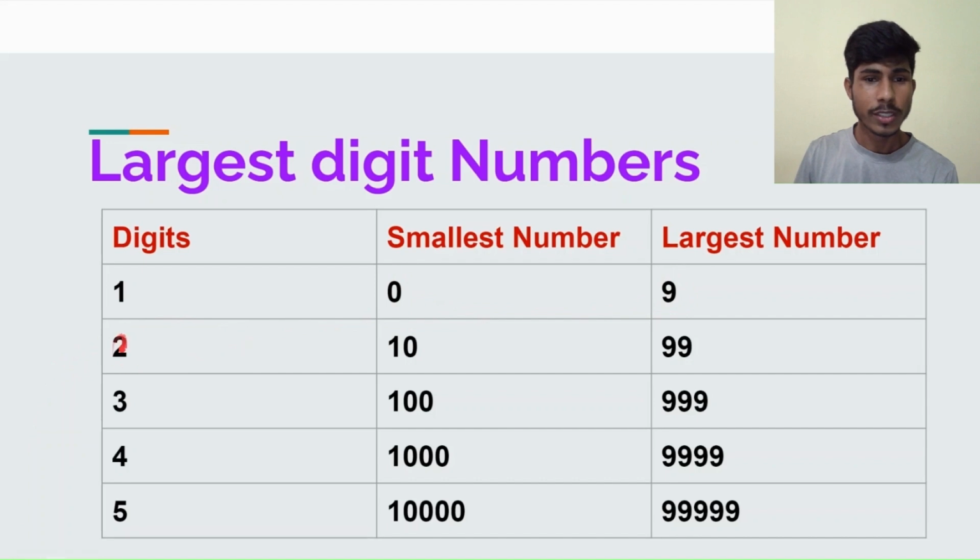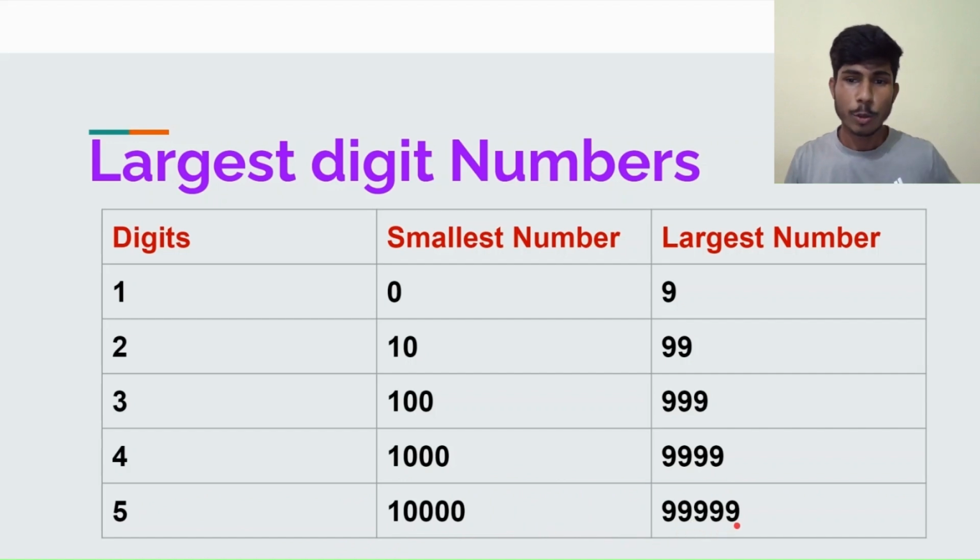And with 2 digits, our smallest number is 10 and the largest number is 99. With 3 digits, our smallest number is 100 and the largest number is 999. With 4 digits, the smallest number is 1000 and the largest number is 9999. With 5 digits, the smallest number is 10,000 and the largest number is